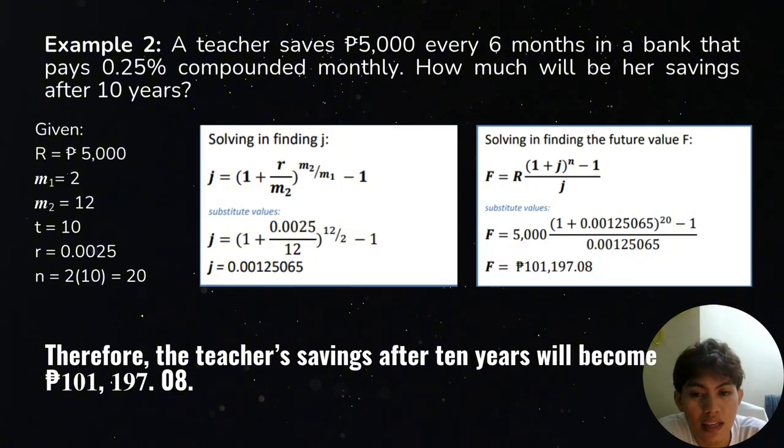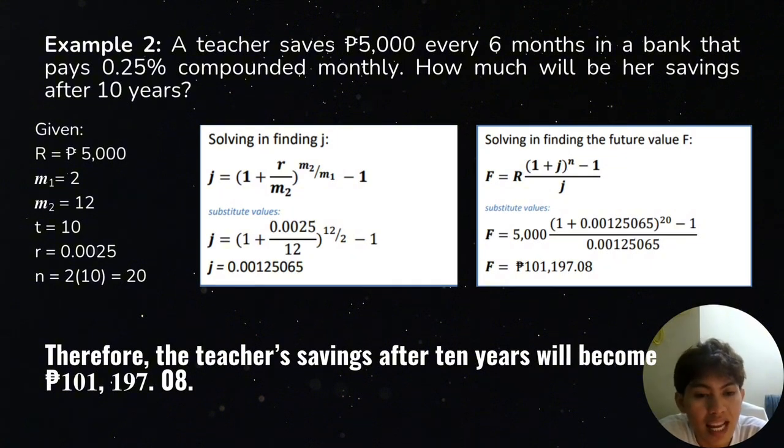Next is the R, or the nominal rate, or the compounding rate. Since the bank is offering the teacher a 0.25%, which is compounding monthly. Therefore our R is 0.25%. But we will convert it first into its decimal form, which will become